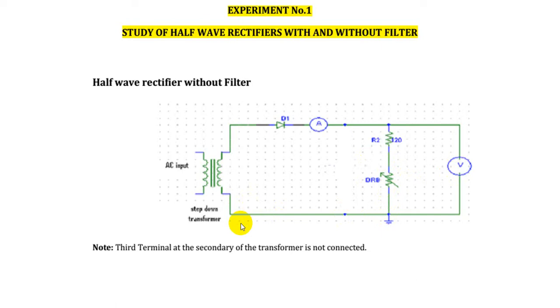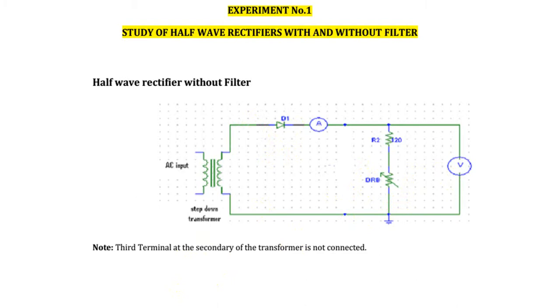So without filter we are connecting the circuit. Here the conversion is happening like this. During positive cycle of the input, the diode is forward biased and it allows the current through the circuit. So the output voltage will be similar to the input voltage. Whereas during negative cycle, the diode is reverse biased, so it is open, it will not conduct. So current through the resistor is 0, so voltage is also 0. So I will be getting the positive half at the output, whereas negative will be 0.